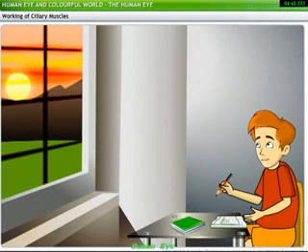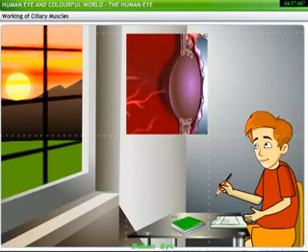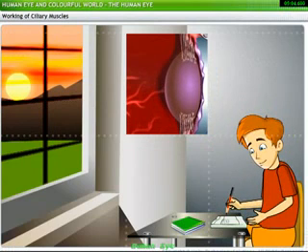So, think about what happens when Jerry switches from looking at the sunset to solving his physics problems. Do you think his ciliary muscles need to work in this scenario? Let's see. Looking at the sunset, Jerry is seeing a distant object. However, when he works on his physics questions, he is looking at his notebook closer to his eyes. The ciliary muscles in his eyes will need to accommodate